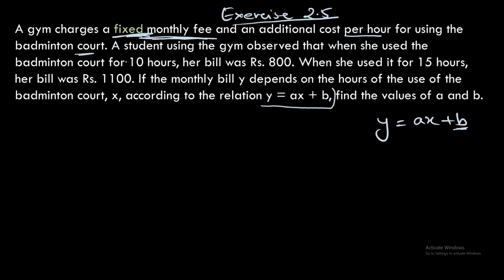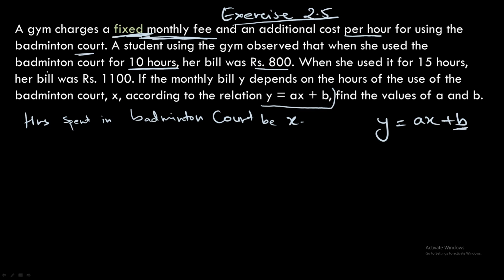So we can take x as the hours spent in the badminton court, ax. So she observed that when she used the badminton court for 10 hours, her bill was rupees 800. So from this we can write one equation,